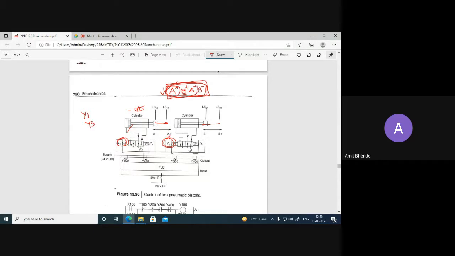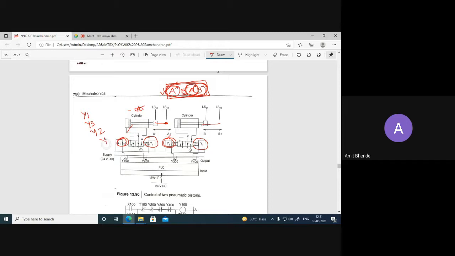Then after that we require A minus. Okay, third operation is A minus. And the solenoid which is responsible for retraction of cylinder A is Y2. So the next Y2 will operate, and the last operation is B minus. That means retraction of cylinder B, and the solenoid responsible for the retraction of cylinder B is Y4.